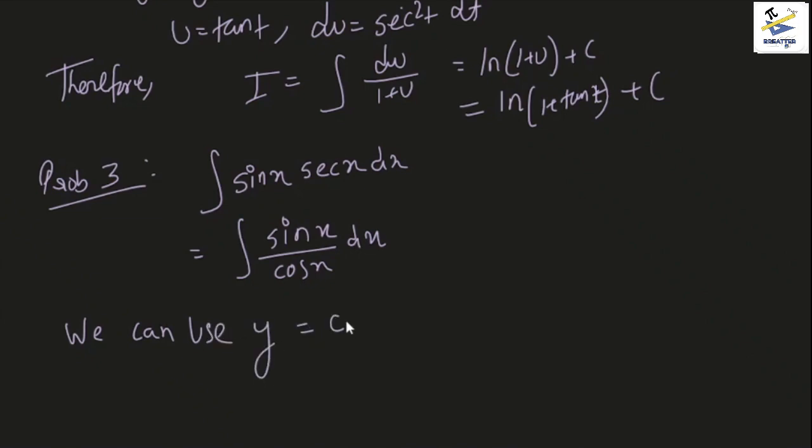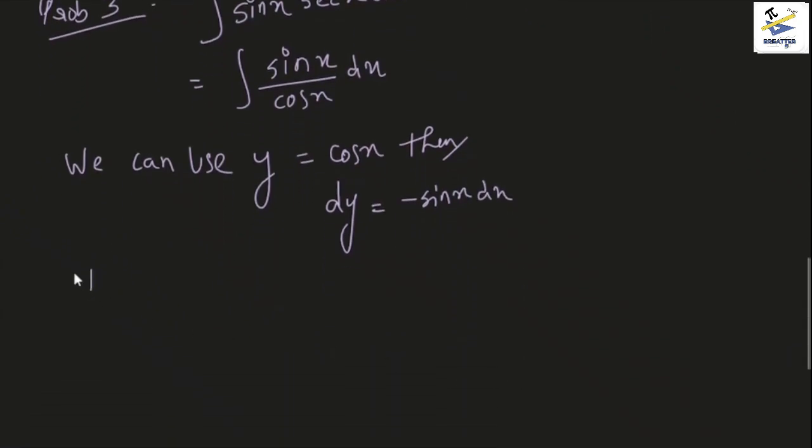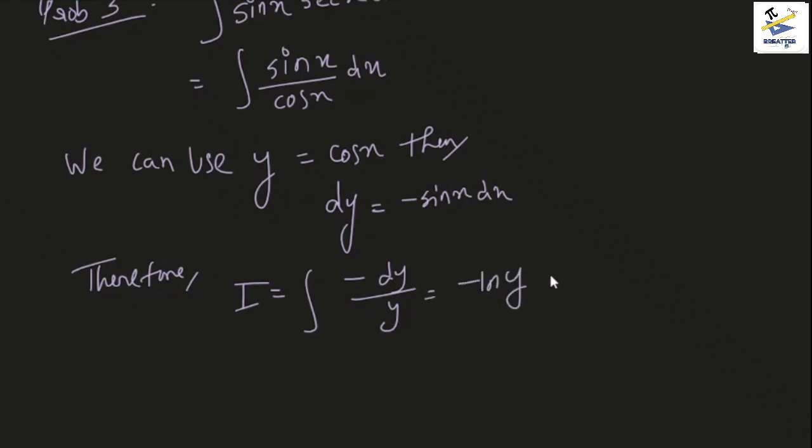use y equals cos x, then dy should be equal to minus sin x dx. Therefore I should be equal to minus dy by y, which would give you minus ln of y plus c. If you put back the value, you get minus ln of cos x plus c, or this is also equal to